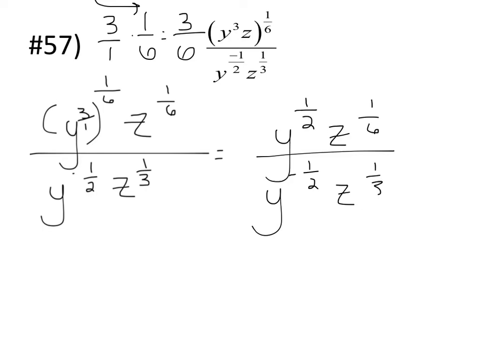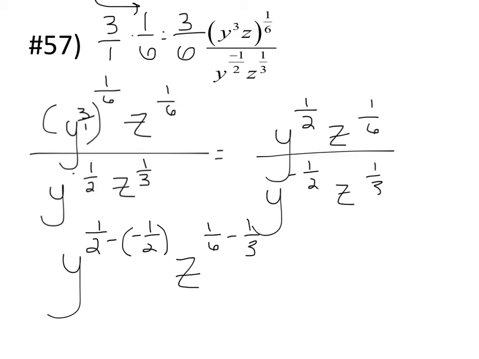So this is y to the 1/2 z to the 1/6 over y to the -1/2 z to the 1/3. So if you're dividing like bases, you subtract the exponents. So we've got y to the 1/2 minus -1/2, z to the 1/6 minus 1/3. So add a line, change the sign. This is going to become y to the 2 halves, okay, because you have a common denominator of 2,